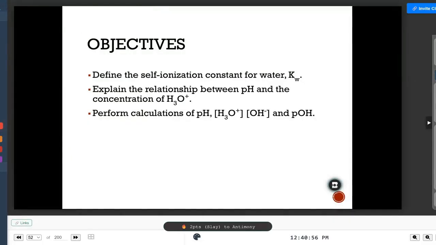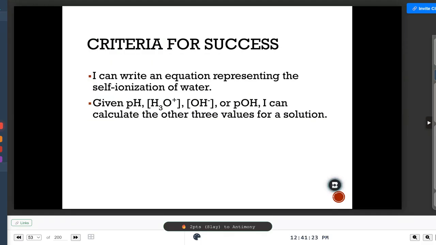Okay. So our objectives, we're going to learn about the self-ionization of water, and we're going to learn about Kw, the constant, the equilibrium constant for water. And then we're going to talk about the relationship between pH and hydronium ion concentration. And then we're going to learn 4 different little things here that will connect to each other that will help us calculate concentrations of hydronium and hydroxide ion concentrations and our pH and something called pOH, which you might not